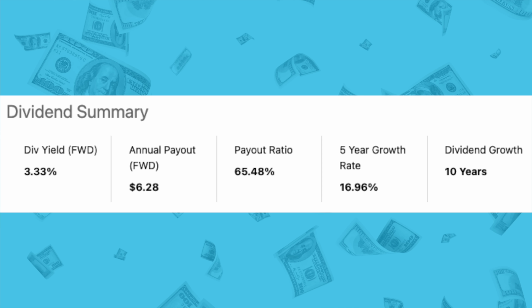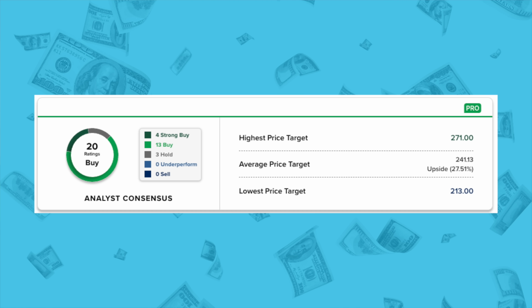AMT currently yields a 3.3% dividend, which is high for them, and over the past 5 years, the dividend has grown at an average annual rate of 17%. In addition, management has increased the dividend for 10 consecutive years and counting. 20 analysts have an average buy rating on the stock with an average 12-month price target of $241, suggesting 27%